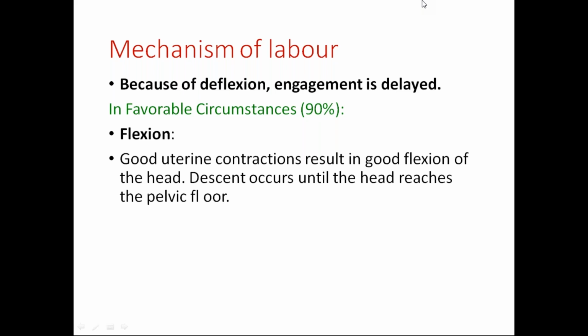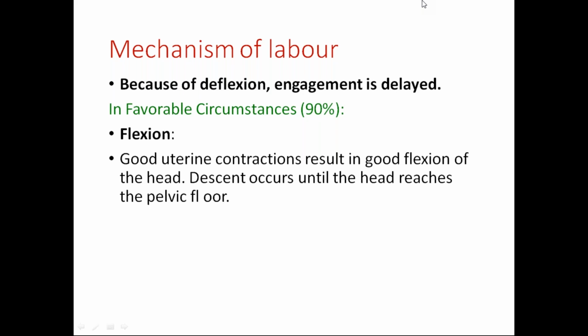And there will be incomplete rotation. So one is complete long rotation, then non-rotation, and incomplete rotation. In incomplete rotation, it will start rotating from right occiput anterior towards the right transverse diameter, that is, it is partially rotated. That is partial rotation, and there will be no further progress of labor. So it is right occiput transverse, and it will be arrested.